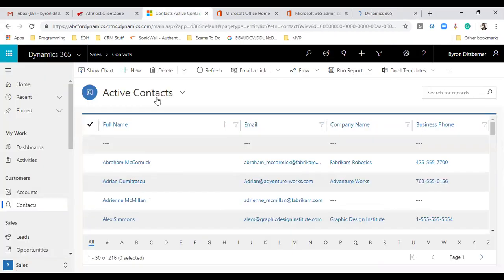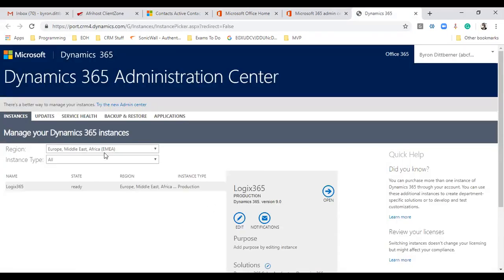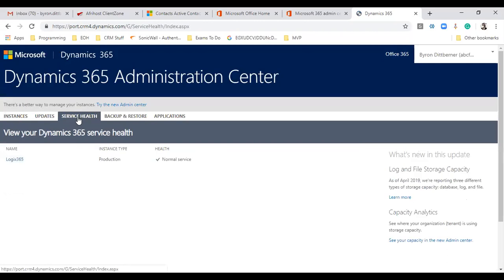So what that means in simple English is, well, let me show you instead. So this is actually the heart of CRM. This is where we control everything. This is where your data updates occur, where you can check your service health of your system in terms of how much hard drive space you have left, your backup and restore of your application, and then additional connected